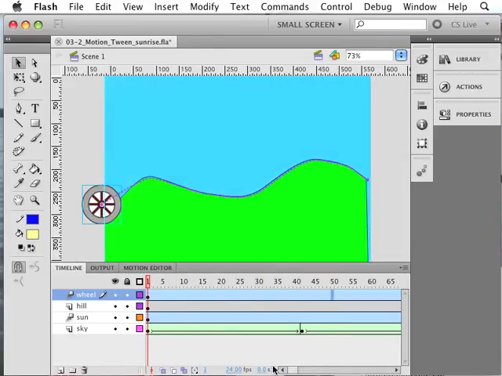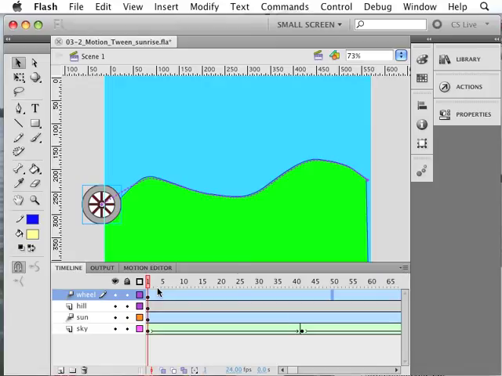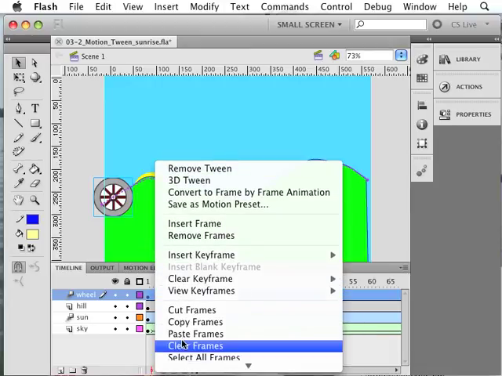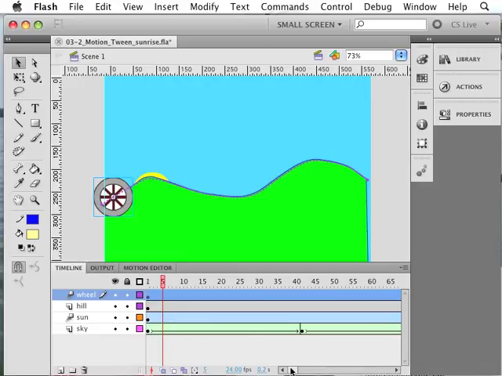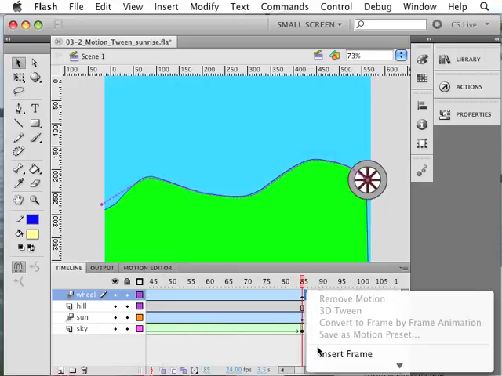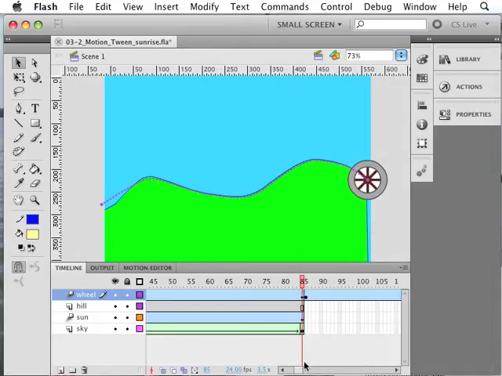I believe we've covered this previously, but I'll just do a quick review. Now, actually, before I do that, let's talk about copying the whole span of these keyframes. I'll start with the motion tween. If I click it once, you can see that it's highlighted the whole thing. So I'm just going to right click, copy frames, and go to the next frame after, frame 86, highlight it, right click, paste frames, and it did copy the whole